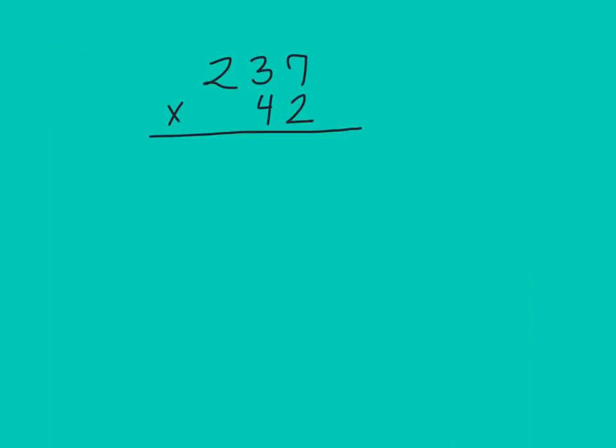Let's look at another example, 237 times 42. First I'll multiply 237 by 2. And so first 2 times 7 is 14, so I will write the 4 and carry the 1. 2 times 3 is 6, plus 1 is 7, and then 2 times 2 is 4. Now since I'm done with the units digit, I will put a placeholder there, and now I'm moving on to